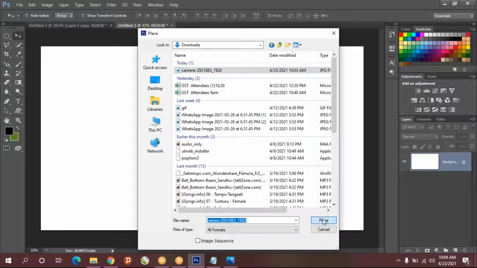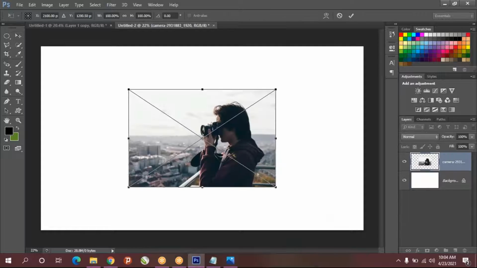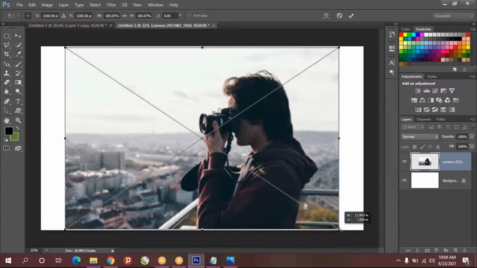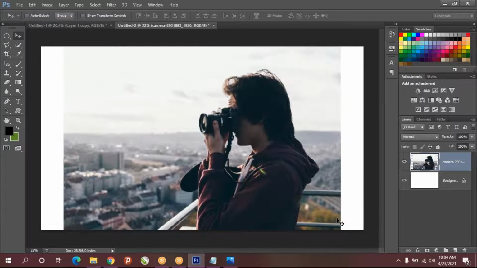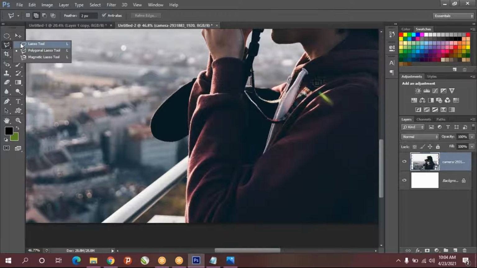I'll select the image, give place. Control T and maximize. So this one is more important.